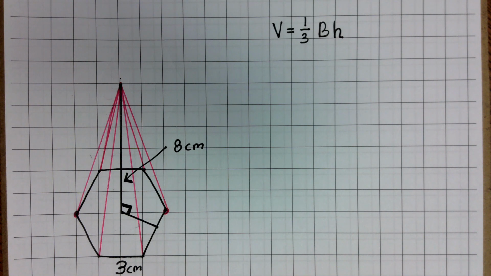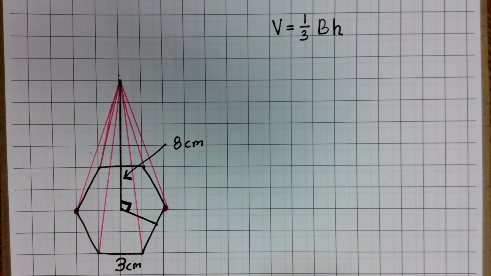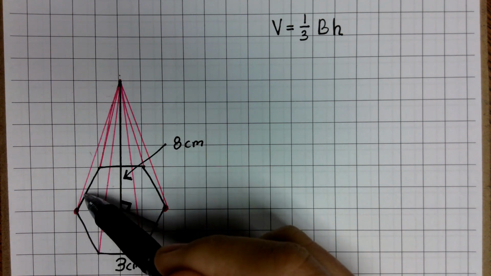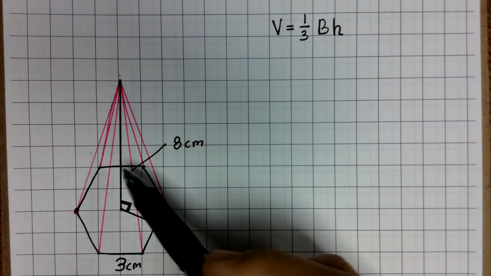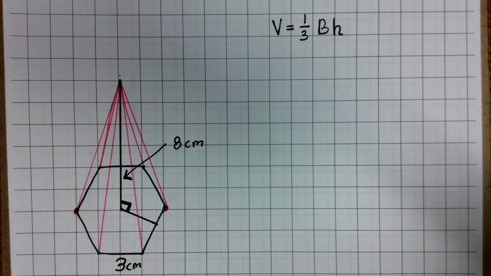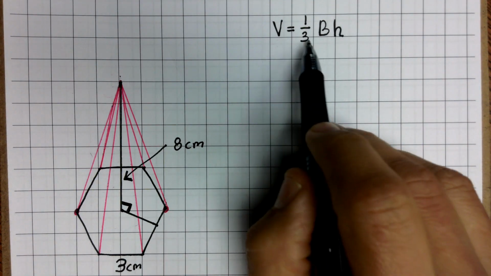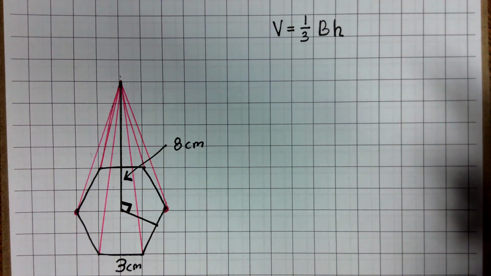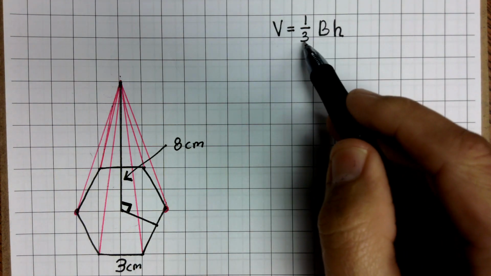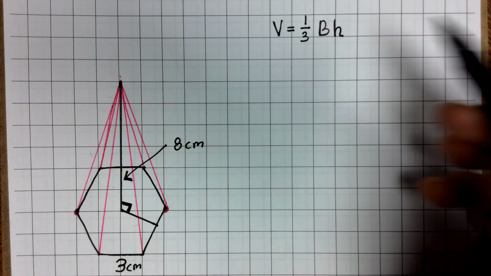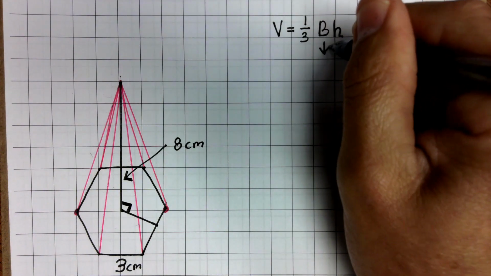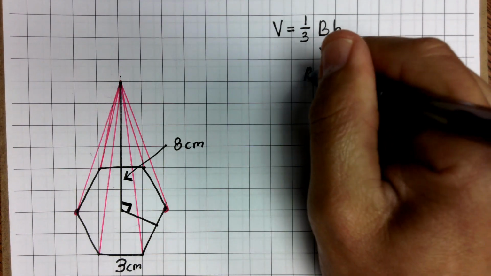Now, our formula is going to be very similar to the hexagonal prism that we worked out, but I want to go over a couple things because there are some minor differences. First of all, in the prism, we had a hexagonal base on top and bottom, but this is a pyramid, right? So it comes to a point, and it just has one base. Because of that, we use the same volume formula that we had for our other pyramids. In other words, it's 1/3 times the area of the base times the height. So just remember that this big B stands for area